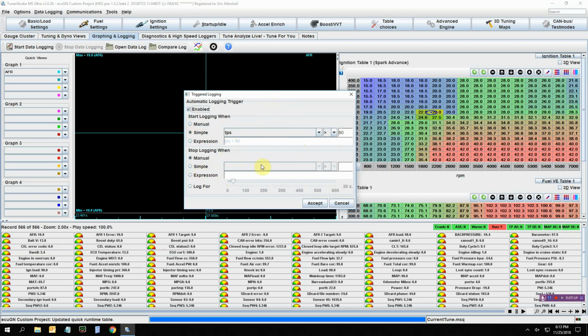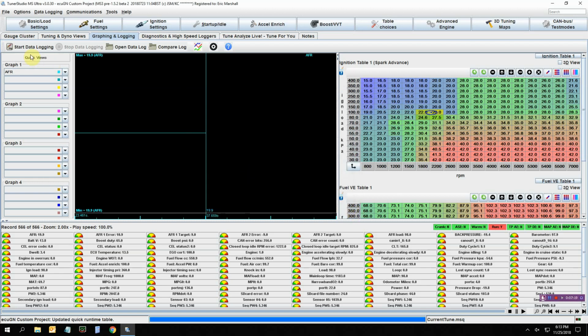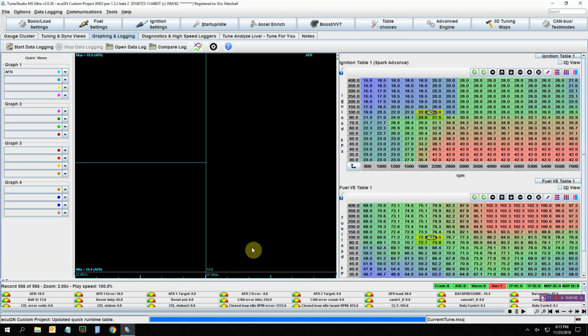All right. I usually don't use triggered logging. I just press the button and go, but you can do it however you want to do it. Okay, so let me turn the engine back off here. So now the way this screen is set up, this is very configurable, okay? The things down here, a lot of times this is very small to read, so sometimes I'll just shove that out of the way. If you go to this button here, this little gear,